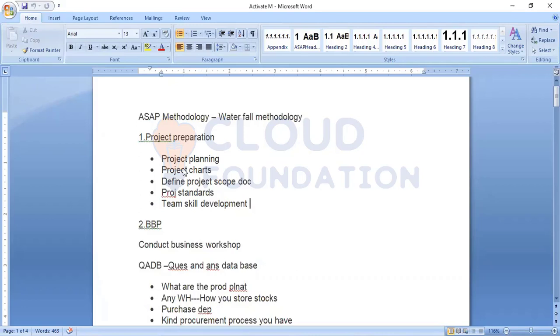Once that is done, we enter the business blueprint phase. What do we do here?